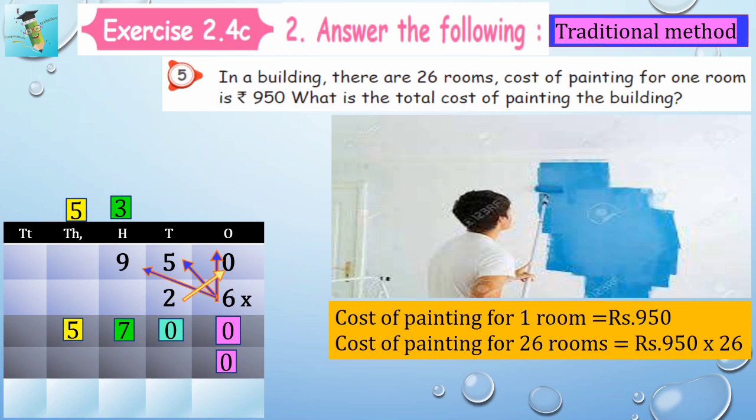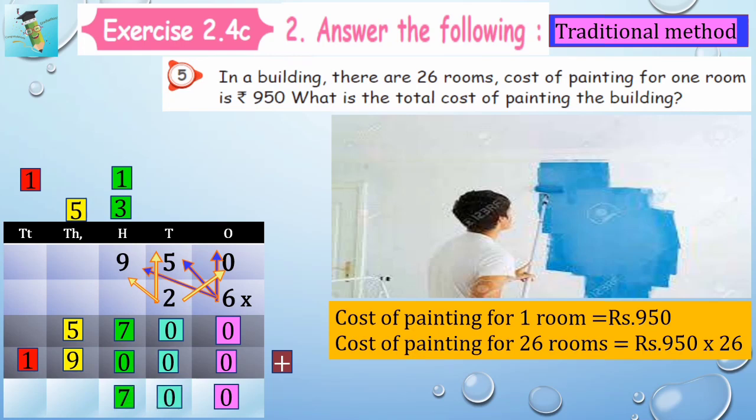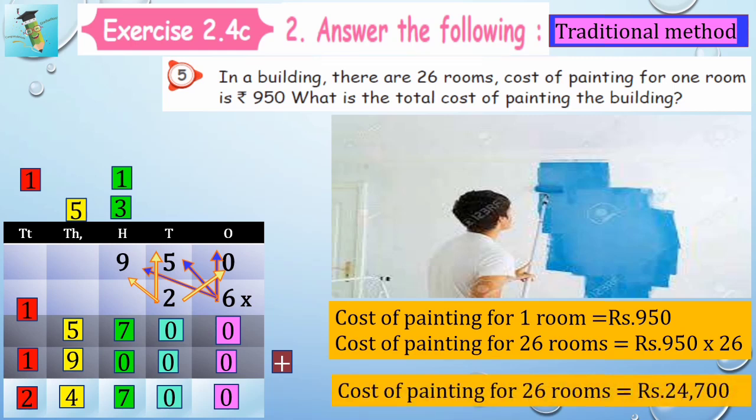2 zeros are 0, then 2 5s are 10, so we need to enter 0 and 1 above. Come to the next, 2 9s are 18, one more is there, so 19, so 9 here and 1 above. Now we enter the answer 1. Now we are going to add, isn't it? Good. So 0 plus 0 is 0, once again 0, here 7, here 14 will come, sorry, 4 down and 1 above. Now the answer is 2. So what will be the cost?